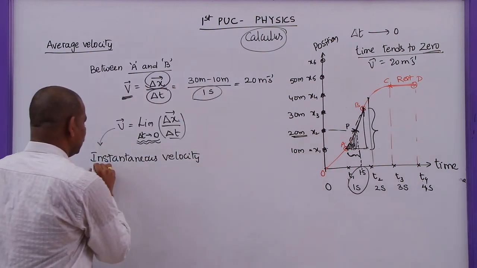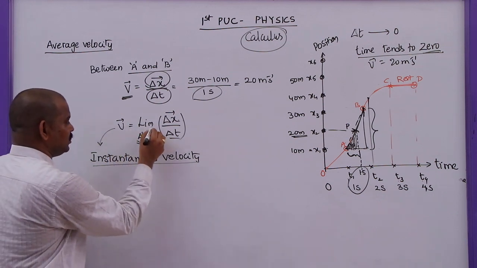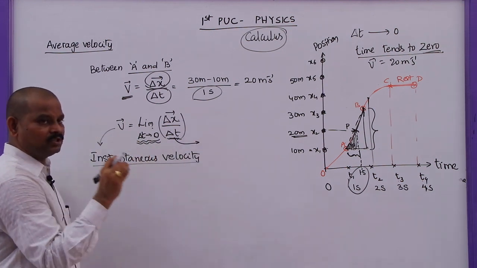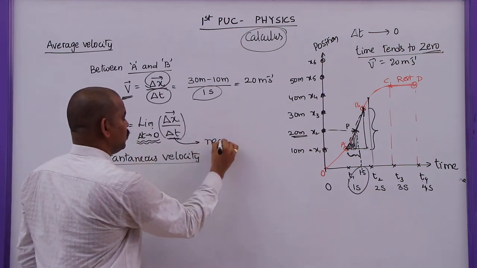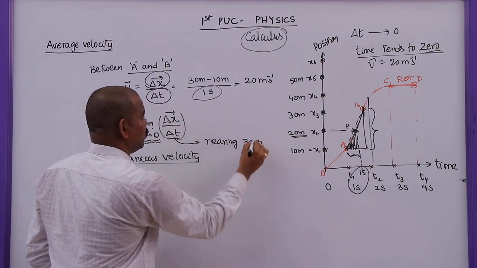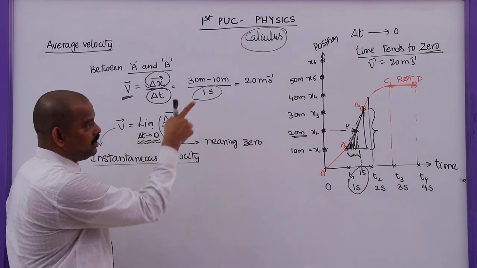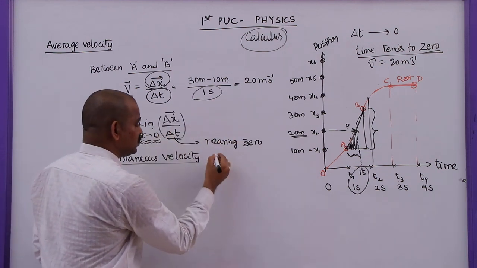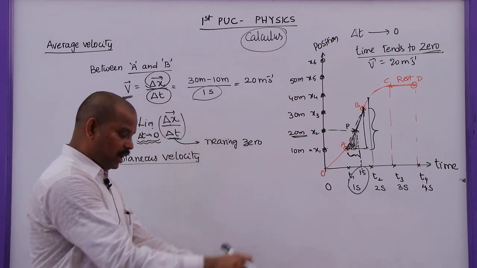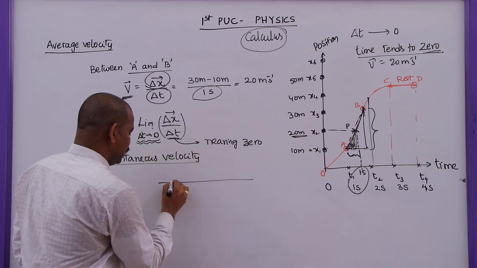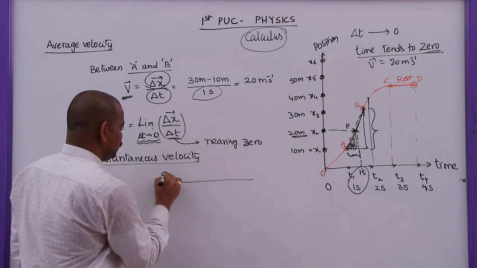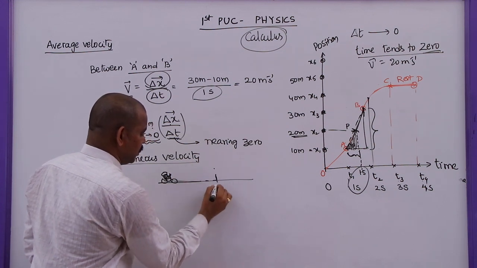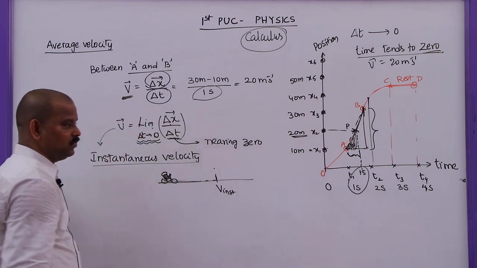So here, what is this instantaneous velocity? The velocity of a particle in a small interval of time. This interval is very, very small, almost nearing zero. But it is not equal to zero, it tends to zero. Almost the next step will be zero only. So that much small time. In that time, the body will travel some distance. So you are traveling here, and this is your bike, and this is yourself, you are riding it, and at this particular instant, if you see the speedometer, this will give the instantaneous velocity.